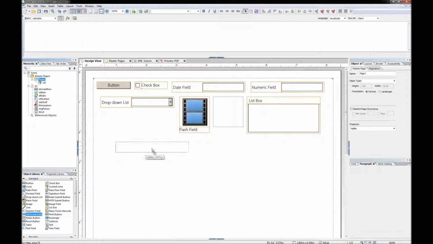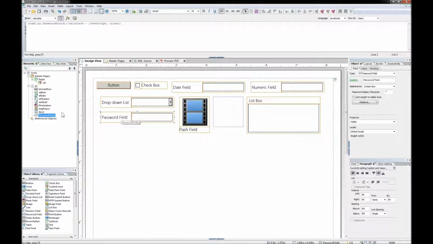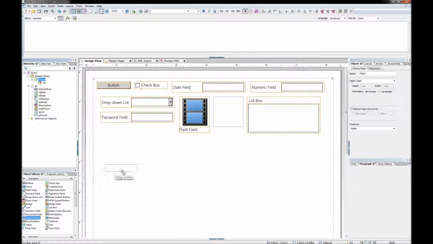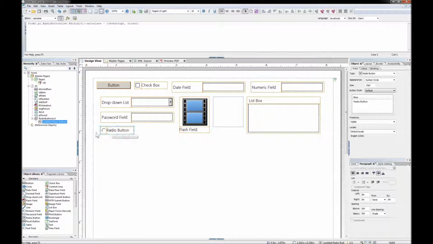Let's see, password field, we'll use PF, secret, and radio button. A radio button doesn't just create a radio button, it also creates a list to go with it. The radio buttons themselves we usually don't have to affect in any way. Normally their selection is going to affect something else, but it is nice to have the list getting its own name. So RBL, choices,